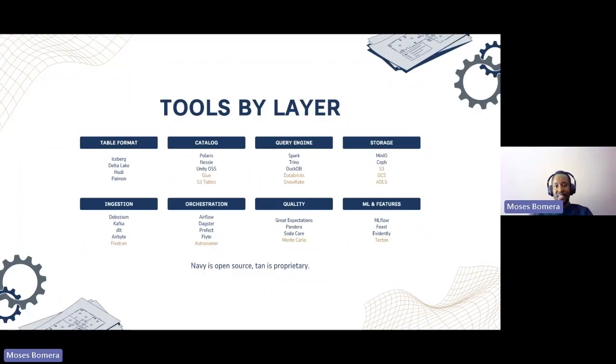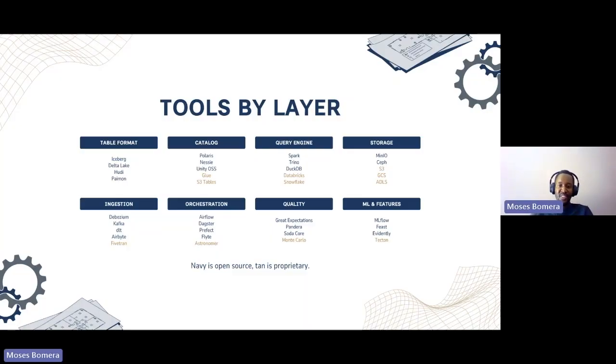Then again, the table format is simply a definition of how data is stored somewhere, but it needs to be stored somewhere. So a lot of teams that actually implement this use object storage, given how cheap it is. And they could use any kind of object storage, from open source solutions to the proprietary ones, like the common cloud platforms. Then you need to think about ingestion. This is how the data will get into the landing zone. You can build your own custom tools, but there are also already built tools like Debezium, Kafka.